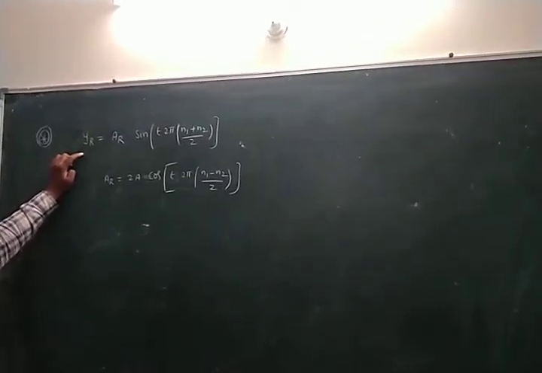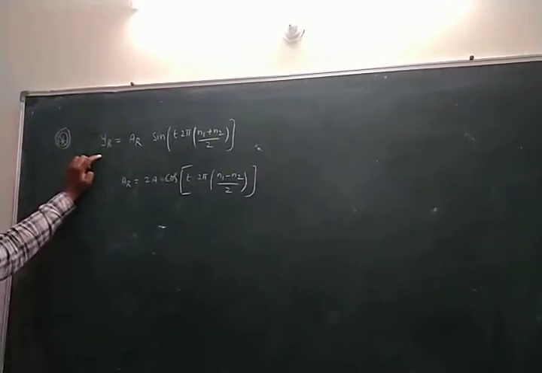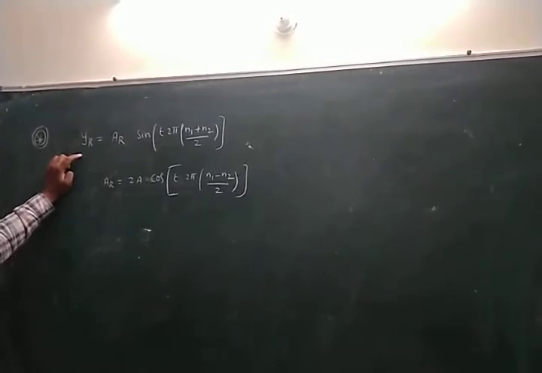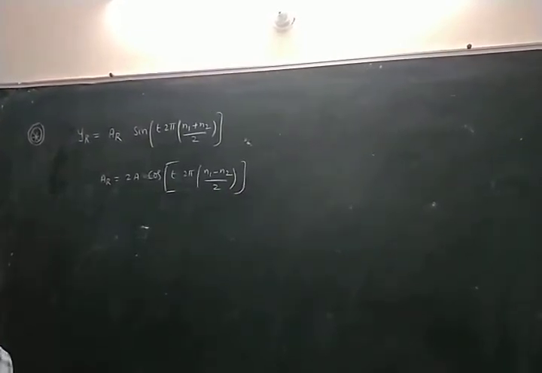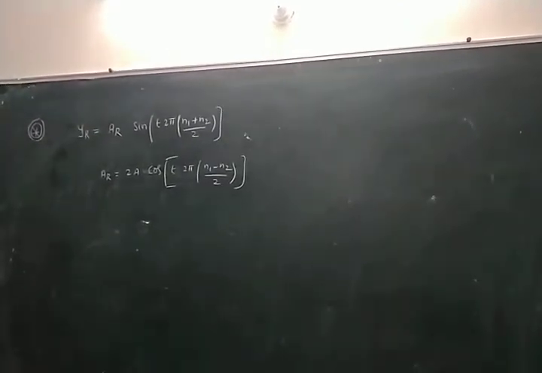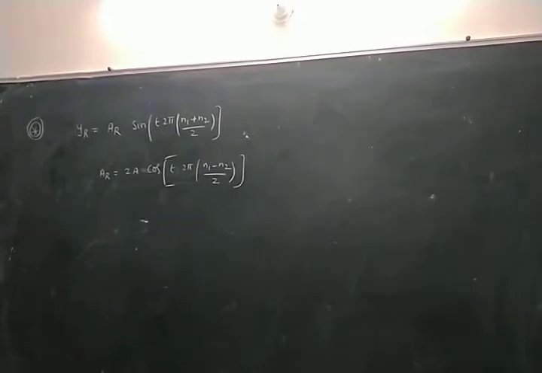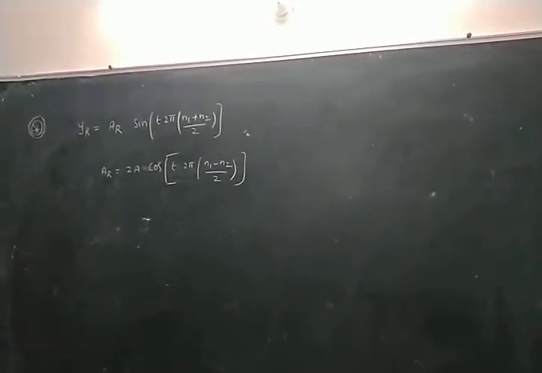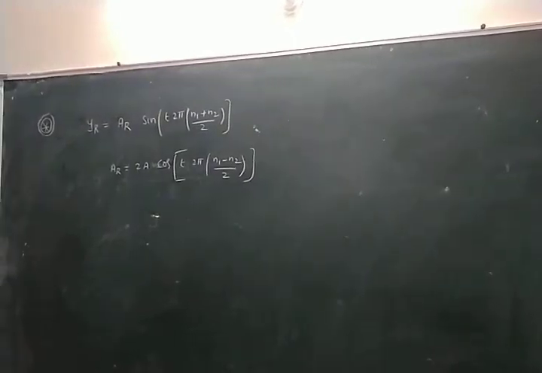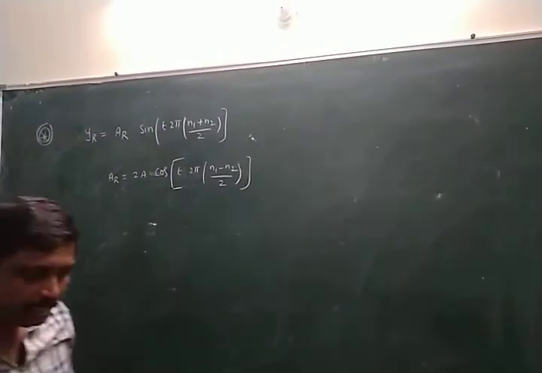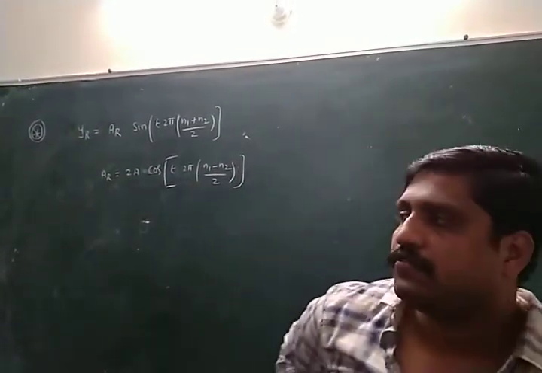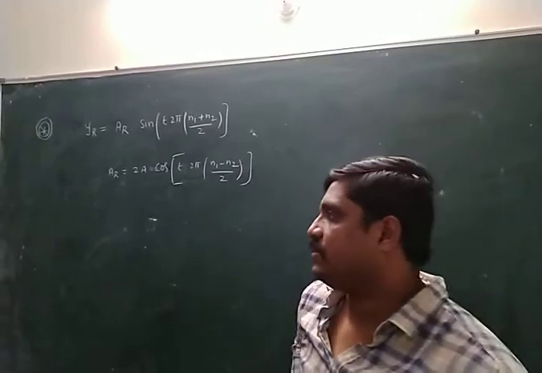Superimpose means one wave falls on the other wave and produces a maximum sound and a minimum sound. Maximum sound is called waxing, minimum sound is called waning. Waxing plus waning is called a beat. In the beat nana, the beat frequency formula I also gave yesterday. Beat frequency means delta n equal to n1 minus n2, larger frequency minus smaller frequency.